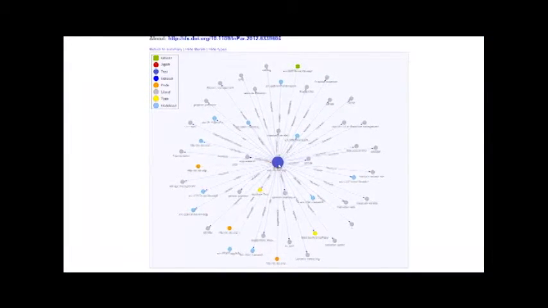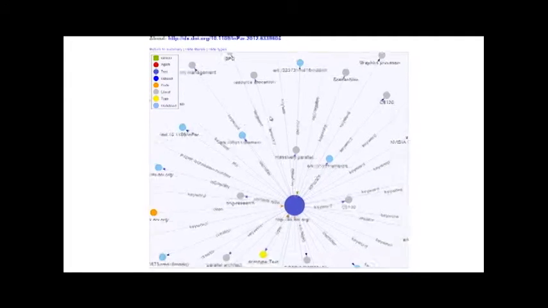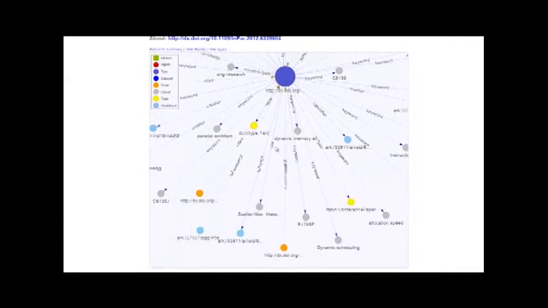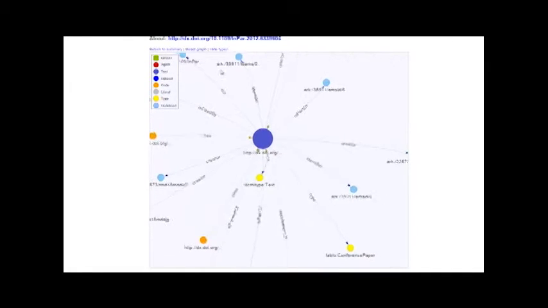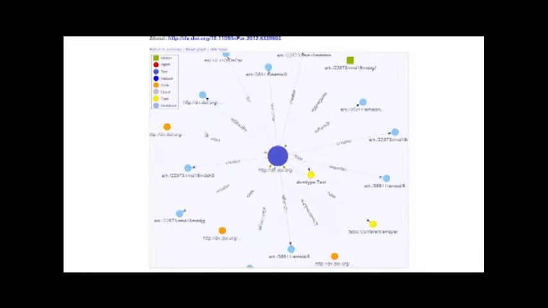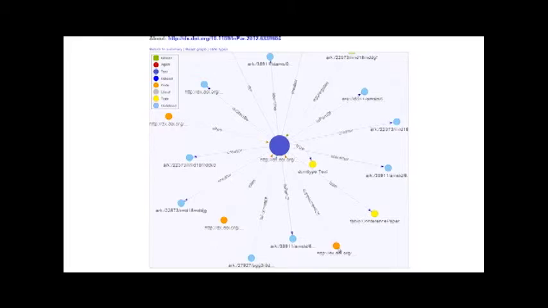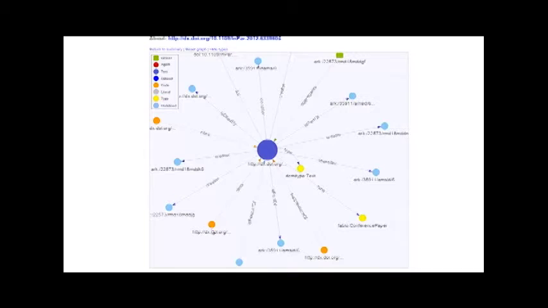So now you'll see that this article has a lot of metadata about it, and a lot of it is text-based metadata, things like keywords. You'll see a title over here. So these gray dots don't link out to anything, they're just strings of text. So if I switch those off for a second, you can see that all of these are URIs that connect to this one article. So we have 3 different code sets here, that's the orange circles. We have some creators listed. We also have some citations